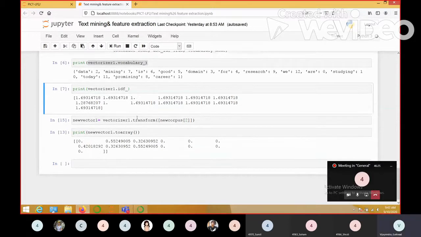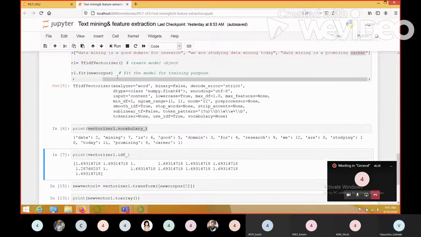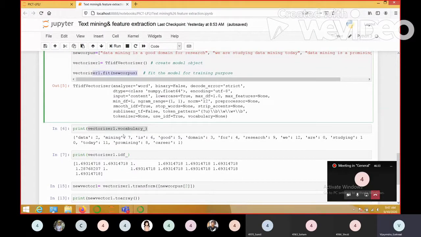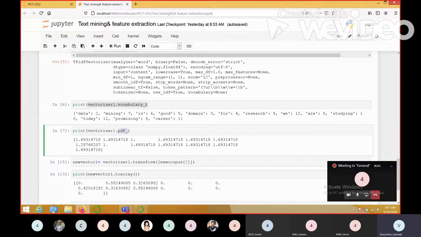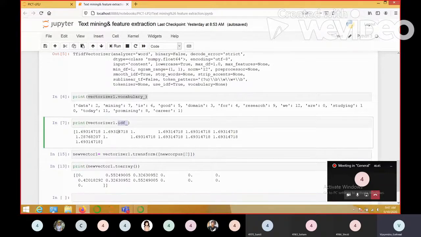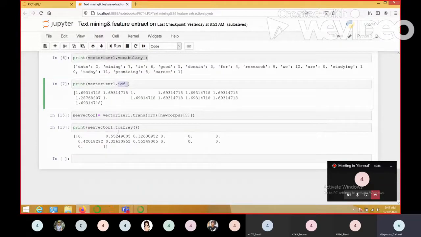Okay, fine. So we trained our TF-IDF model with our corpus, and we saw what the output of training is. We verified the vocabulary, and we verified the IDF values for each word after training. After training, we have to perform testing. Similar to what we did in the case of count vectorizer, we are going to use the transform function, and we are going to provide a test document as input.